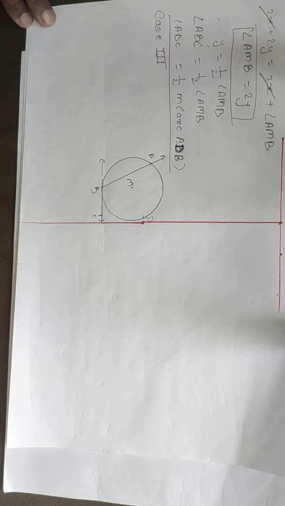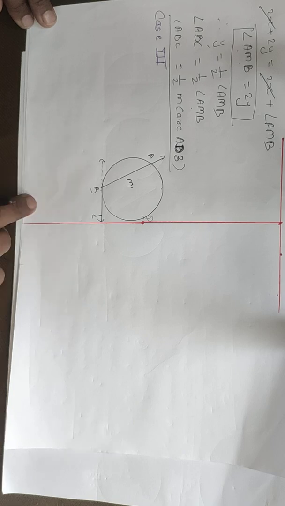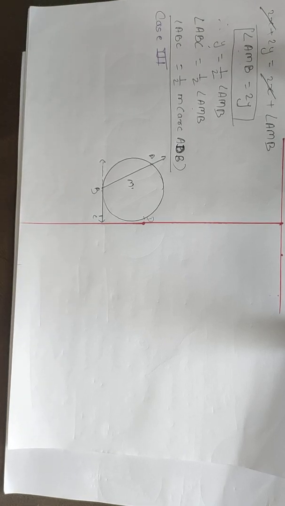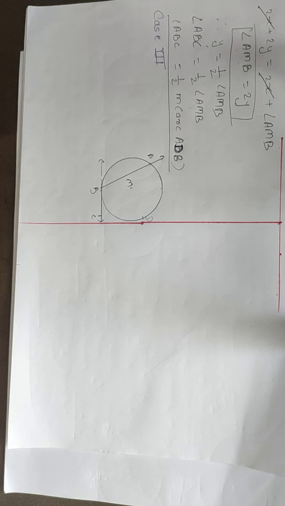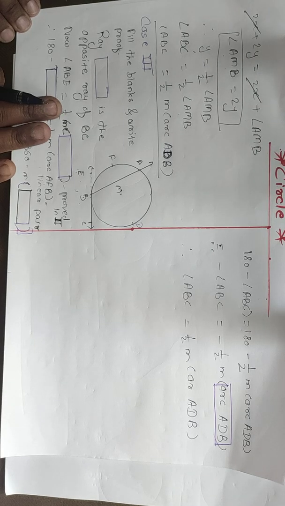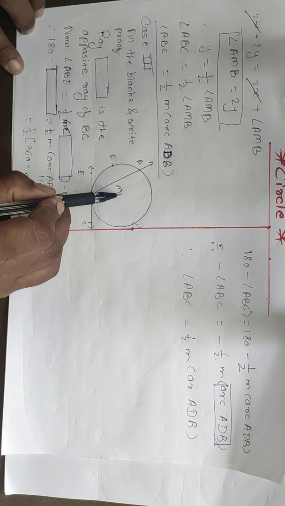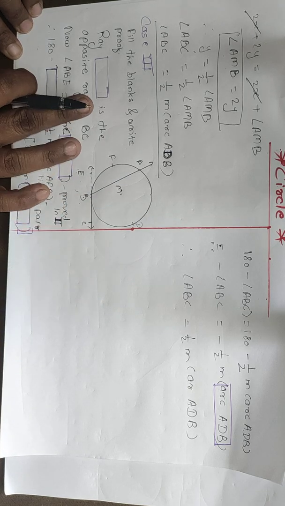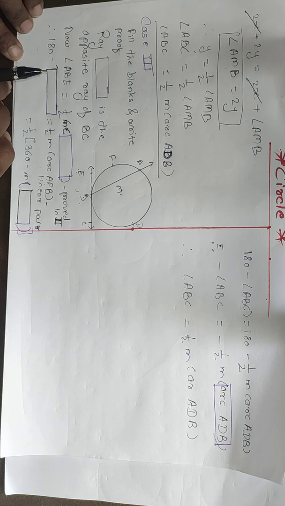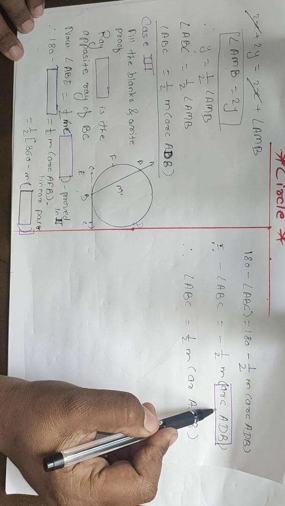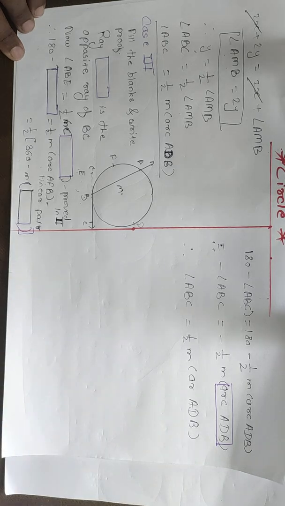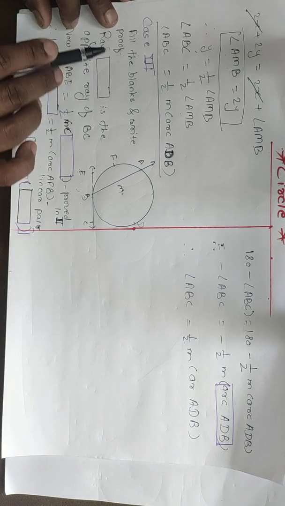So actually it is an activity. So I will write all the activity and we will solve it. Only fill the blanks. Now here it is case third, and this point M is in the interior of the angle ABC. So this is the activity which is given in our textbook, and we have to fill the boxes, and by mistake I wrote the answer here. So I will explain how it is. First of all, fill in the blanks and write the proof.